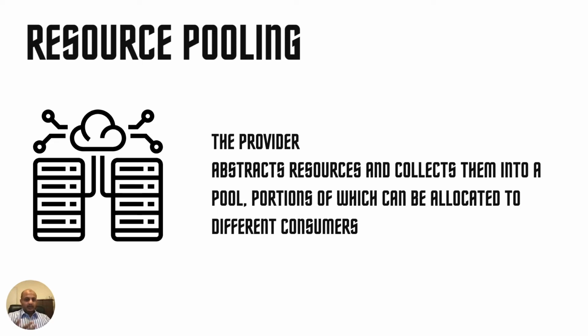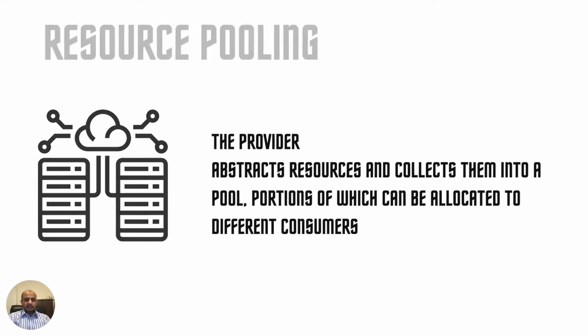So you have a pool, and a portion of that is allocated to the customers depending on what their needs are. So you have providers servicing multiple clients or customers with resources like hard disks, servers, and networking, and these services can be adjusted to each client's needs. And from the consumer perspective, from you, this is completely transparent. You don't know how much percentage of a physical server is being allocated to you, right? So the cloud providers have these huge pools of resources which they are allocating to customers, and all of it is transparent to the user. Okay, so this is what is referred to as resource pooling.